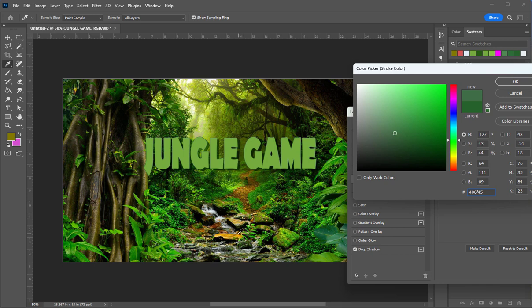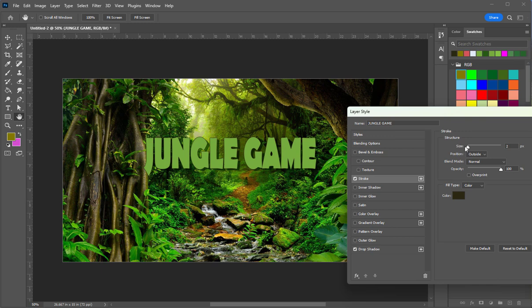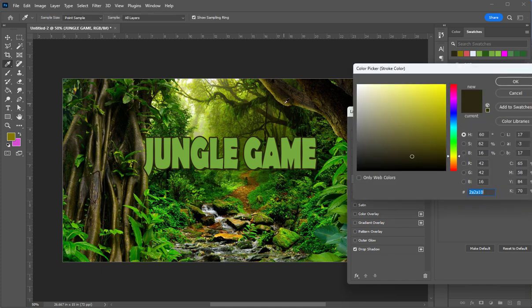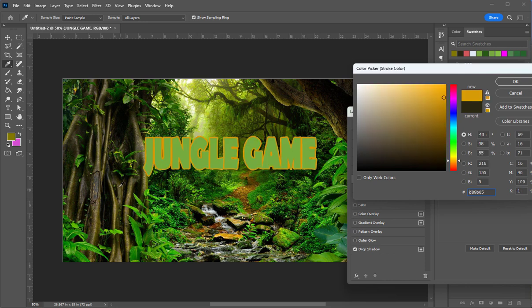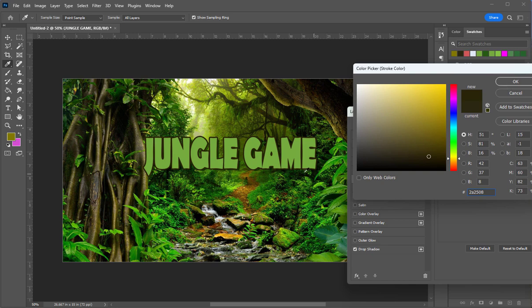No. I can pick a color from here, like this yellow, or maybe one of these dark browns. Crank it up in size a little bit. If you pick a color for your stroke from your game, chances are it'll integrate into the background a little bit better because that color already exists. I don't want black, so